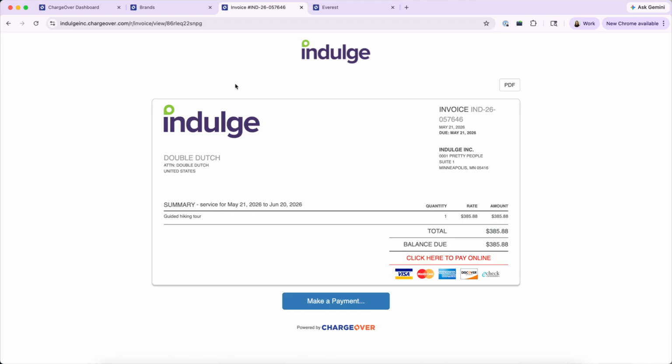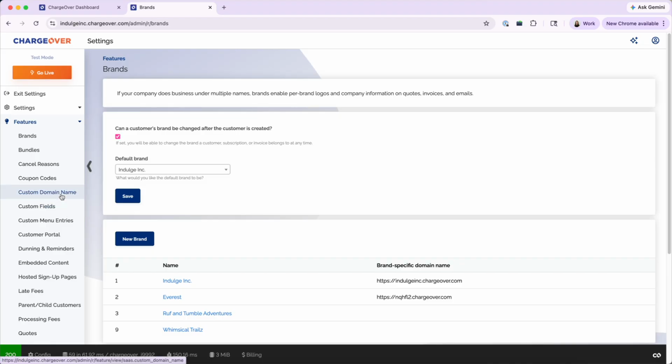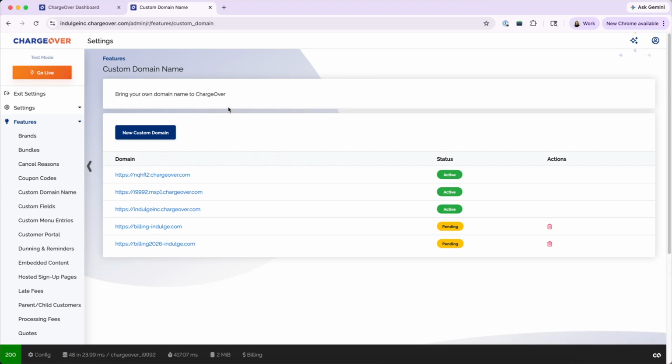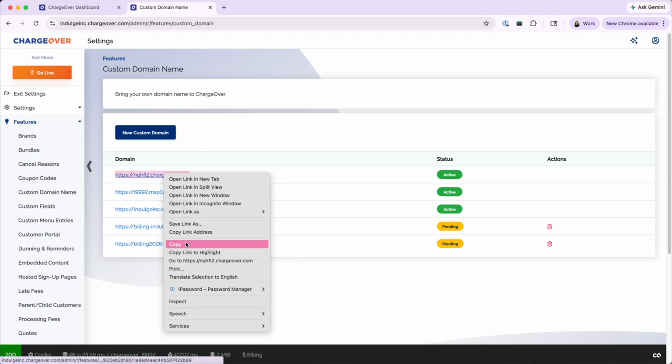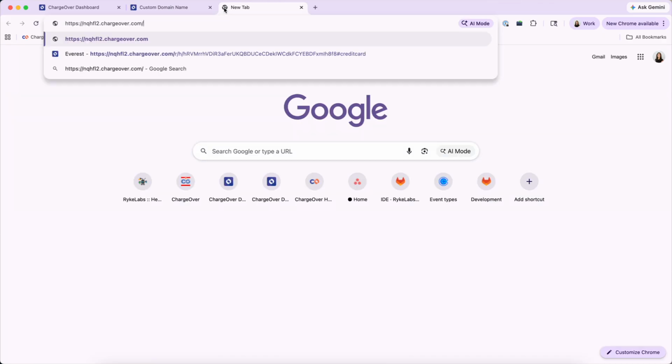The last thing I want to show you is how to modify your URL so you can log into ChargeOver through the new domain that you've set up. Basically, you're going to take your new domain, and since mine isn't verified yet, I'm not going to pull it up, but I'll demonstrate what it looks like. Say I want to log in through this URL here. You are going to add /admin/,